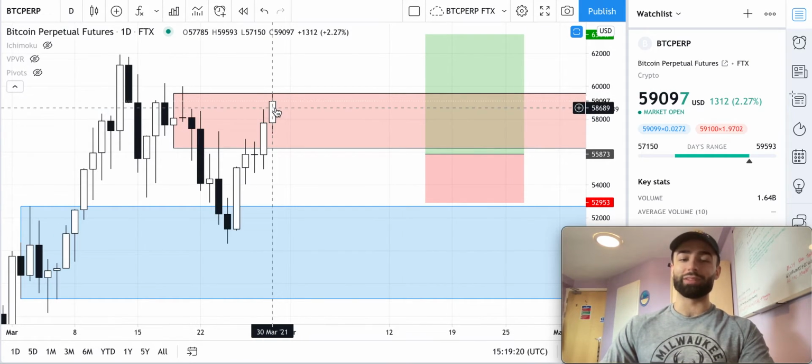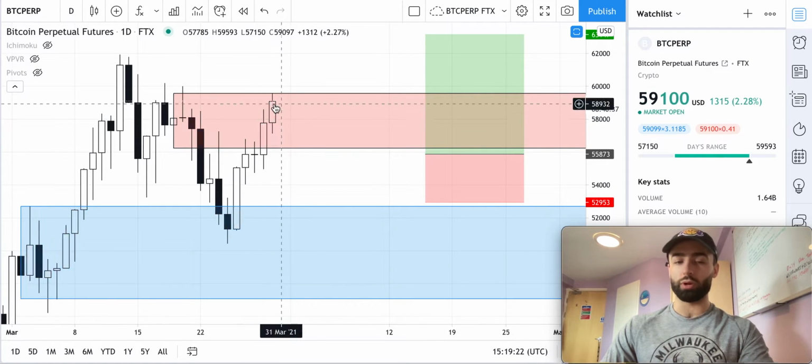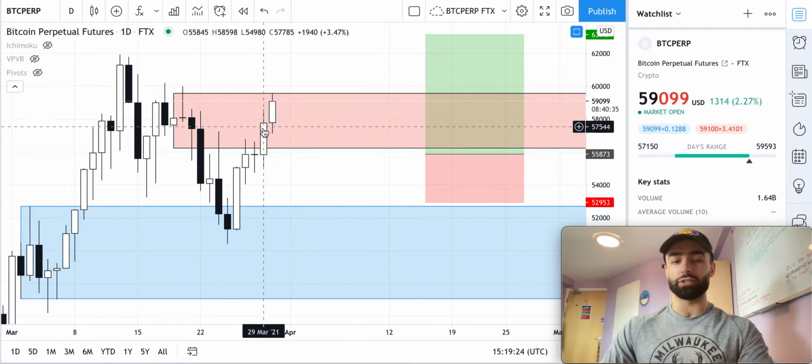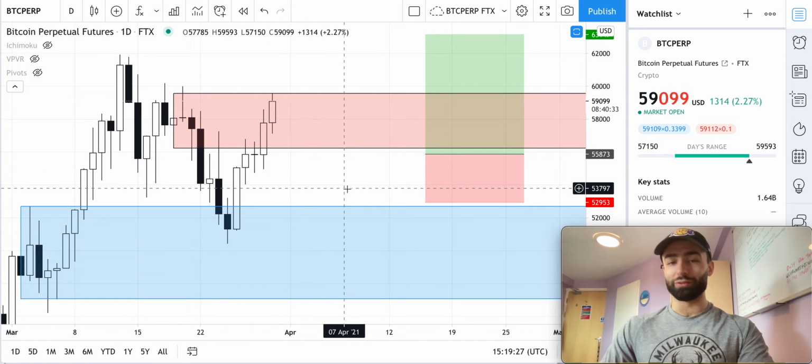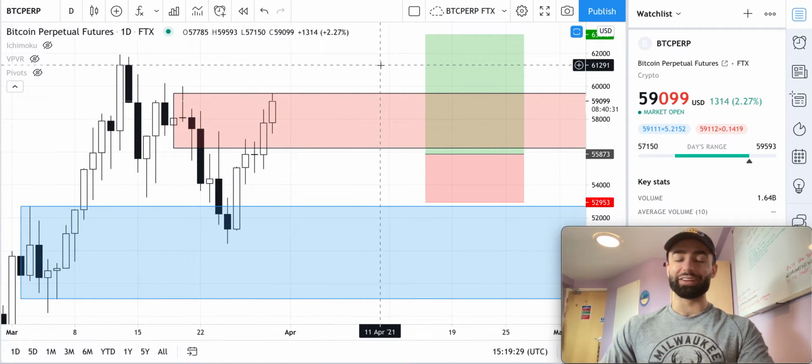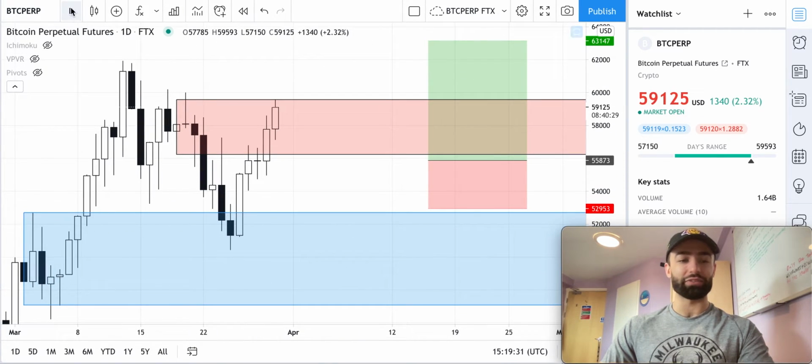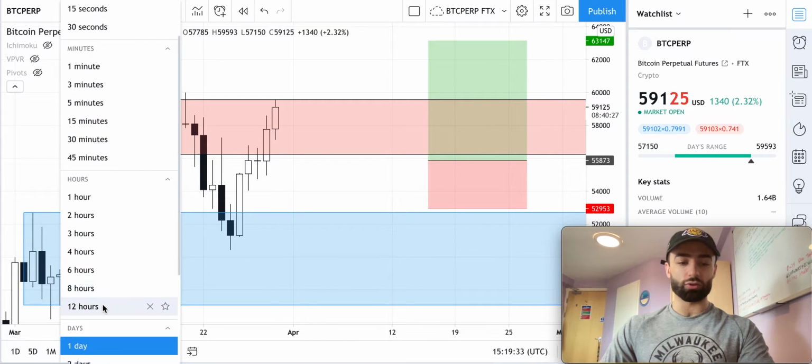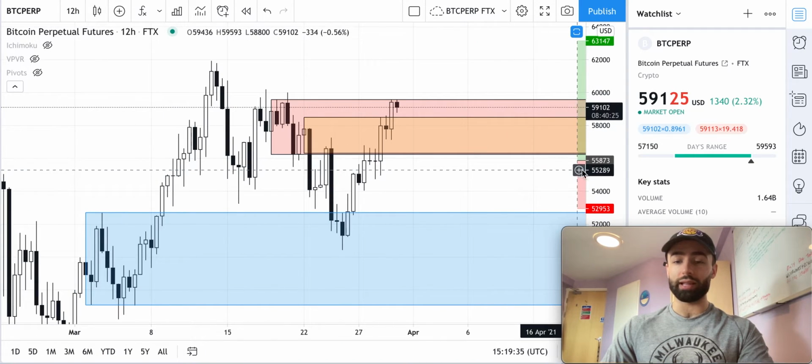Obviously, for my sake, I would like to see us close a candle somewhat bearish here and not go above it just yet. Come back into my level so I can get a good entry and then go to the 63K level. But let's look at the 12-hour time frame and look at another trade that I will end up taking